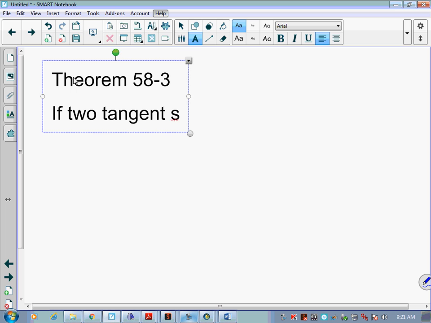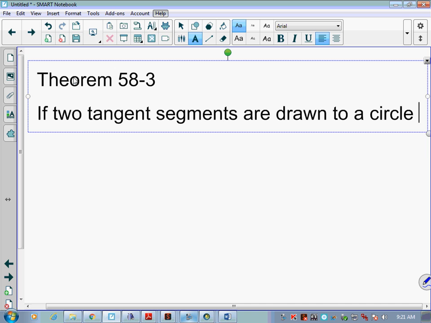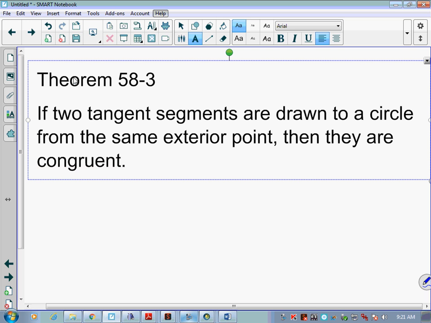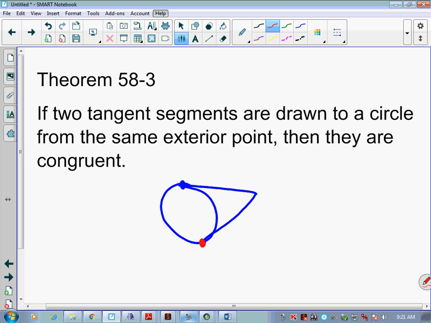Okay, if two tangent segments are drawn to a circle from the same exterior point, then they are congruent. They do a pretty good job of giving you a picture here. Let's draw us a circle. It's a tangent segment, which means these two points, let me be a little bit more clear. If that is the point of tangency, what they're saying is that those individual perpendicular segments are congruent to